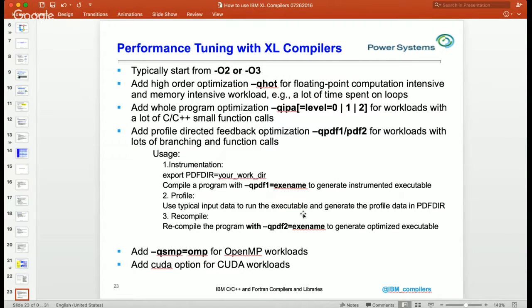And if you want to get the maximum performance, and you probably want to do further tuning, then you use the performance tools to do the profiling to identify the hot spots, the performance bottlenecks. If you know through the profiling information and also through your domain-specific knowledge that the code is floating point computation intensive or memory intensive workloads, then typically you also want to add -qhot to enable aggressive loop